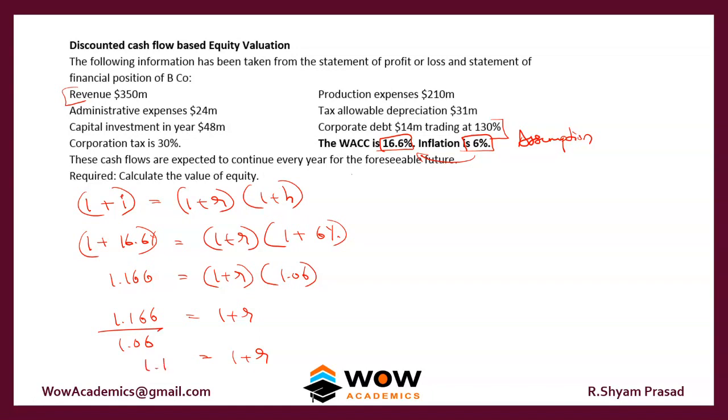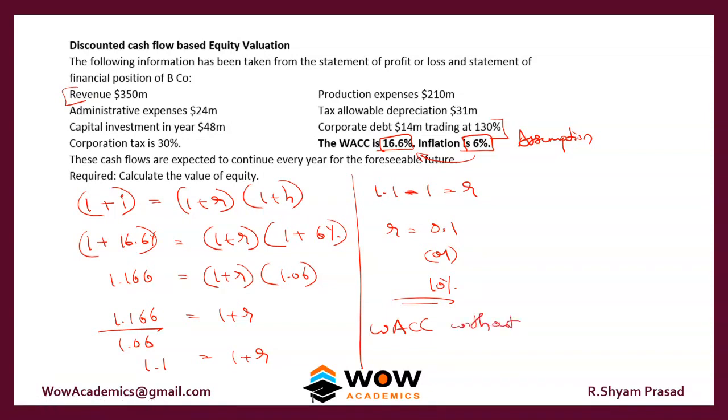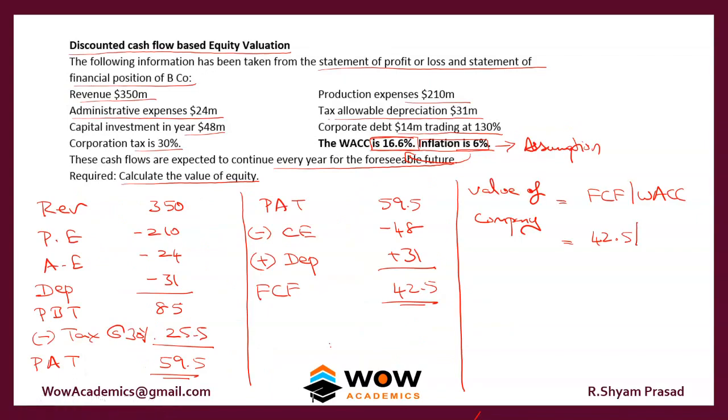It means 1.1 minus 1 equals r. So r should be 0.1, or if you represent it as a percentage, it becomes 10%. So r here refers to 10%. This is the WACC without inflation. So this is what we have to use as the denominator. If you use this as a denominator, the answer comes to